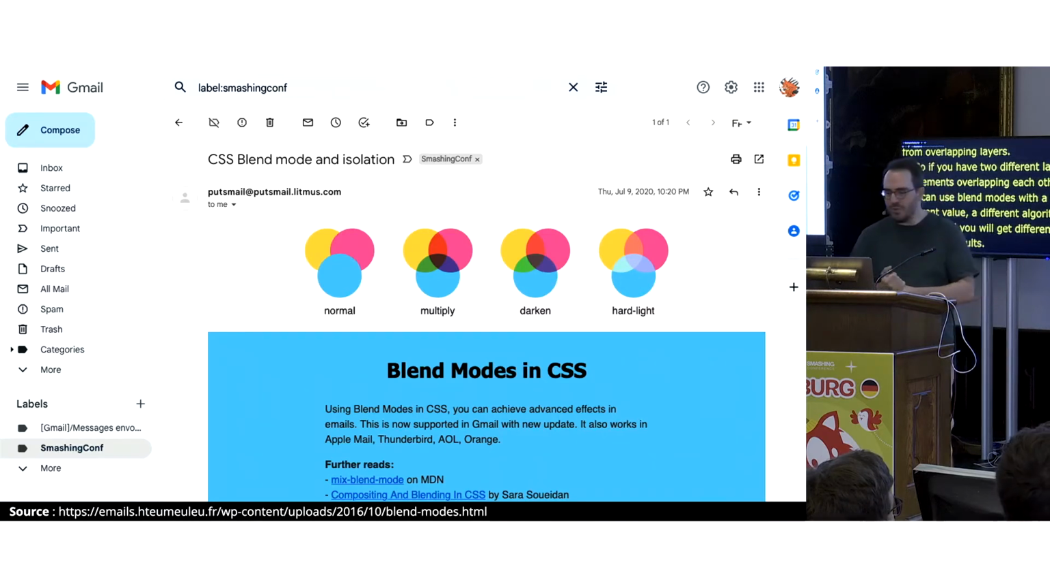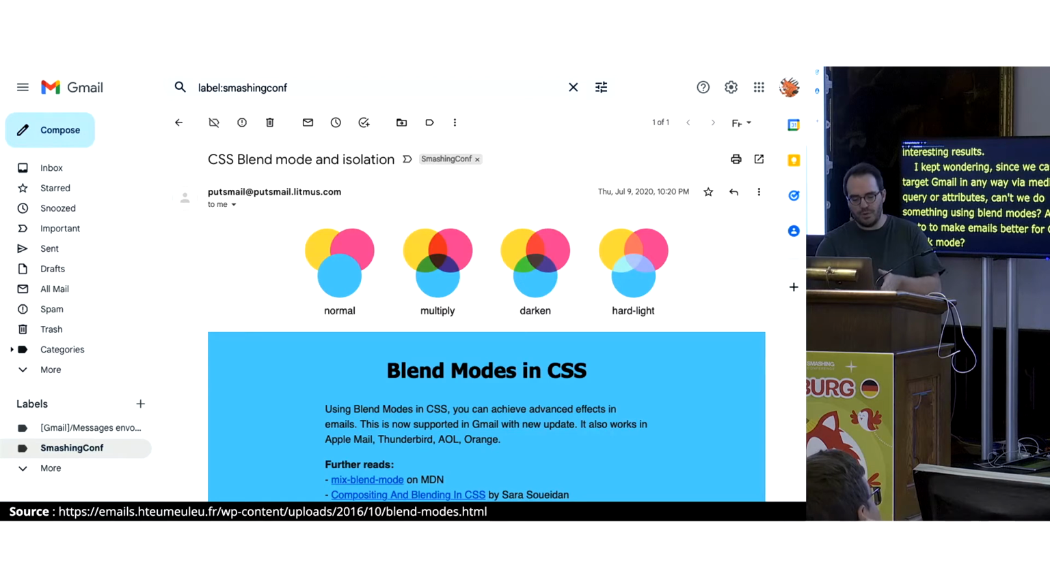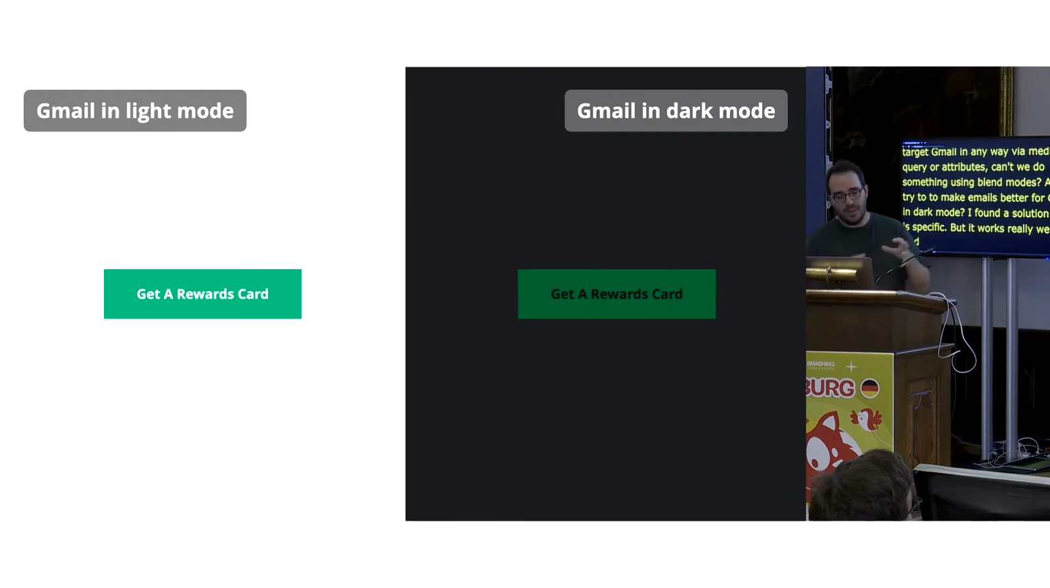So I kept wondering, since we cannot target Gmail in any way via media query or custom attributes, can't we do something using blend modes to try to make emails better for Gmail in dark mode? And so I found a solution that is very specific to a very narrow problem, but it works really well. The idea would be, in this exact case that we saw earlier, to try to maintain the same background color and the same white color. So I'm going to show you